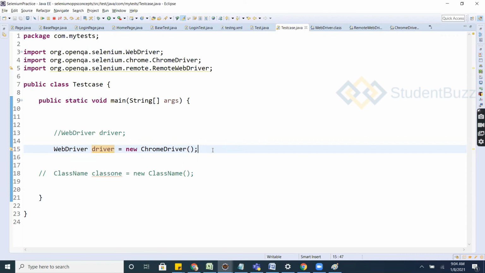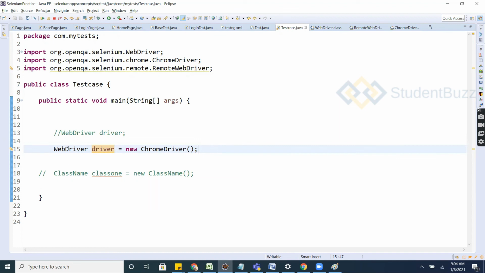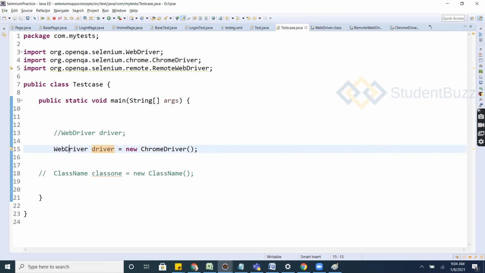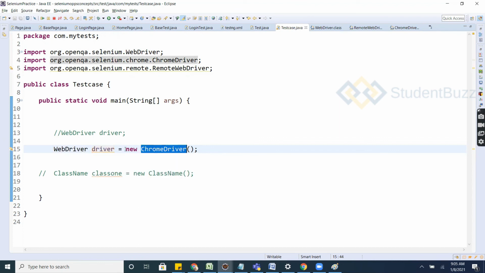Everyone knows data typecasting, but most people will not understand what type of typecasting is happening here. We'll discuss it in later sessions. It's a WebDriver interface reference variable, and the ChromeDriver object is stored in this WebDriver reference variable, and we are accessing it.